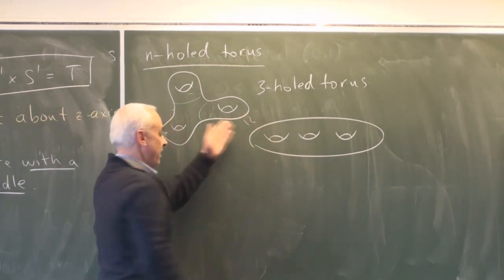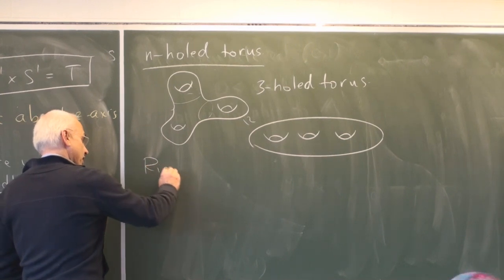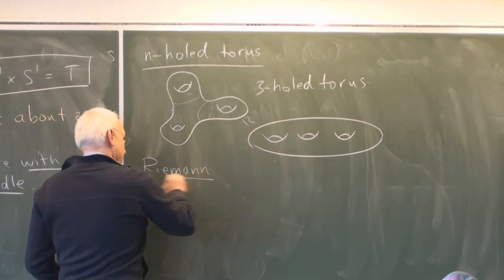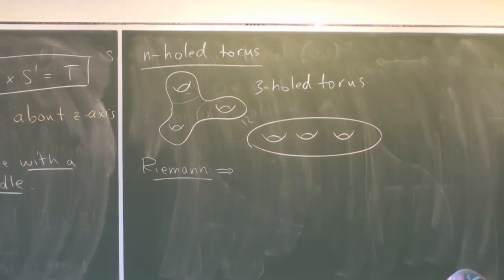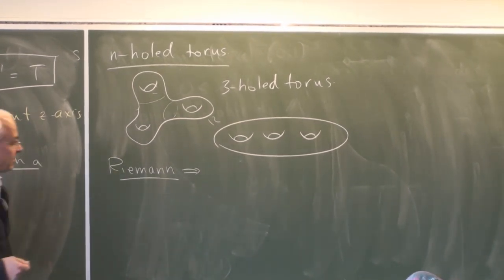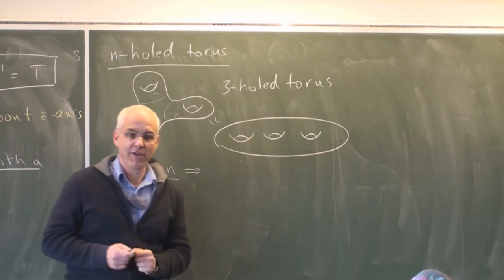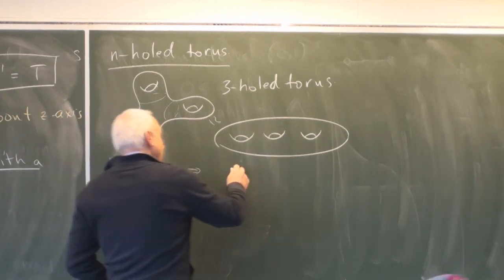And obviously, we can increase the number of holes arbitrarily. We can make an n-hole torus. Now, these seem like pretty exotic things, but it turns out they come up in practice. And Riemann, in the early stages of the subject, realized that some of the surfaces that he was associating and studying in complex function theory were of this kind. And he recognized that the number of holes was an important property. And he gave this a name, and it's now called the genus.